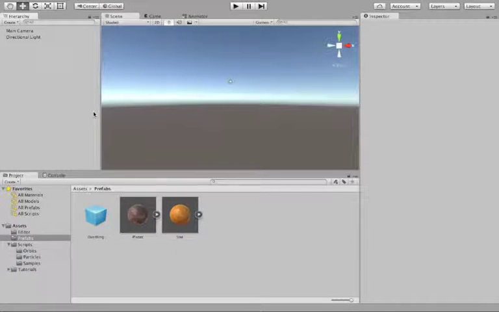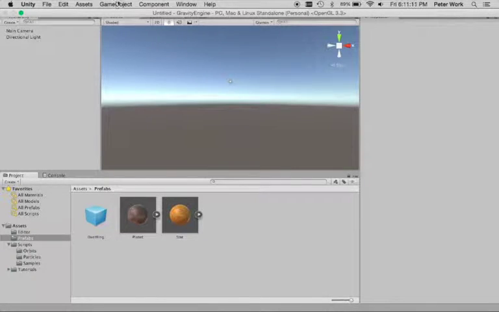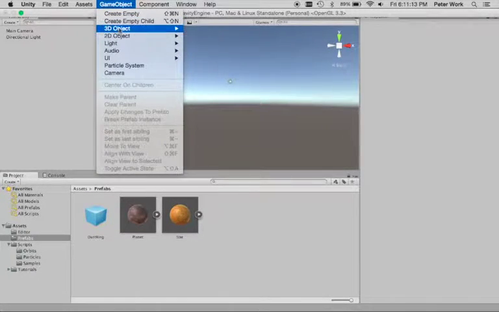Welcome to tutorial number 2 for the gravity engine. In this tutorial, we'll take a look at hierarchical orbits. We'll begin by adding a gravity engine to the scene